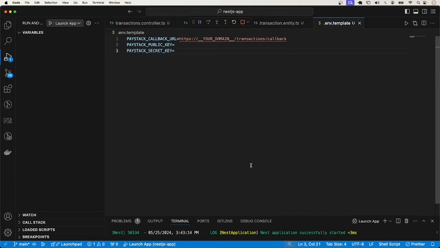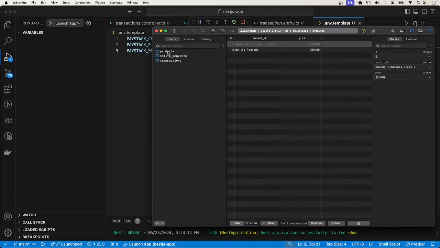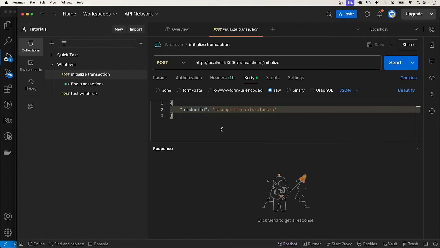In my database, I already entered two products. One is makeup tutorials, the other one is baking lesson, whatever. Over to Postman, I'm going to call the initialize transaction endpoint with the product ID. So when I send this request,